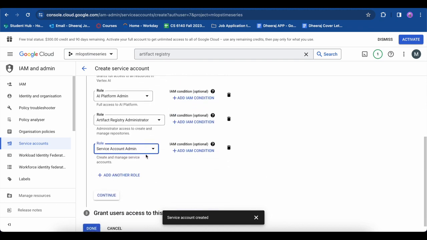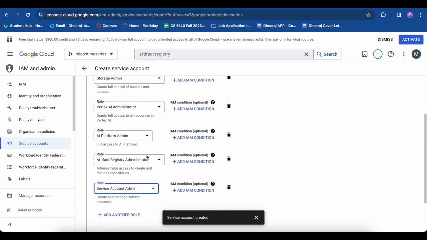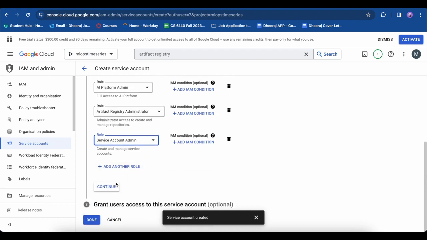So once you have given all the roles, Vertex AI, storage admin, AI platform admin, artifact admin, and service admin, click on continue